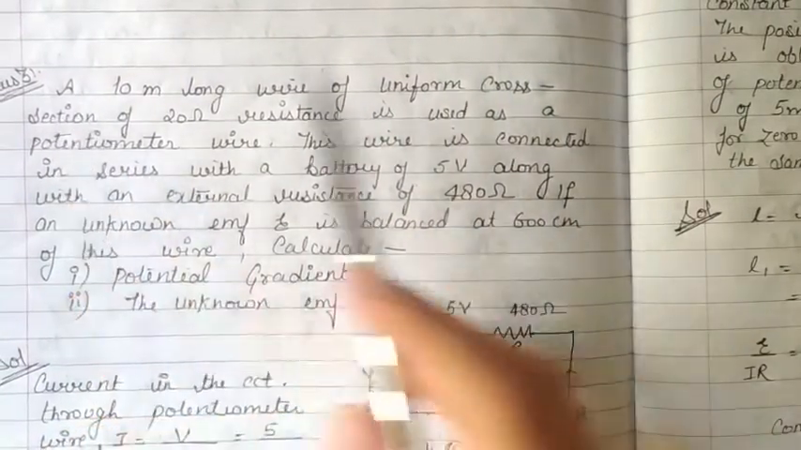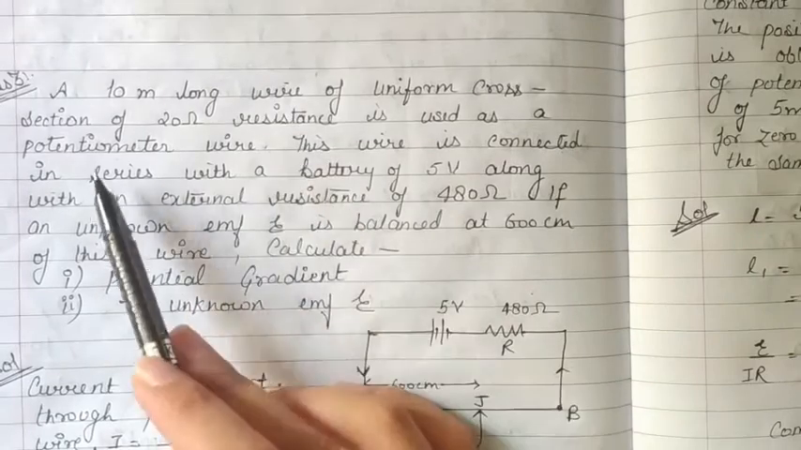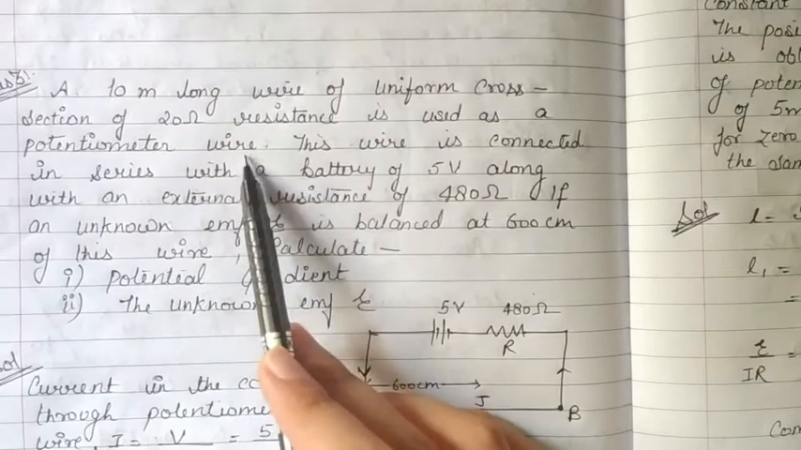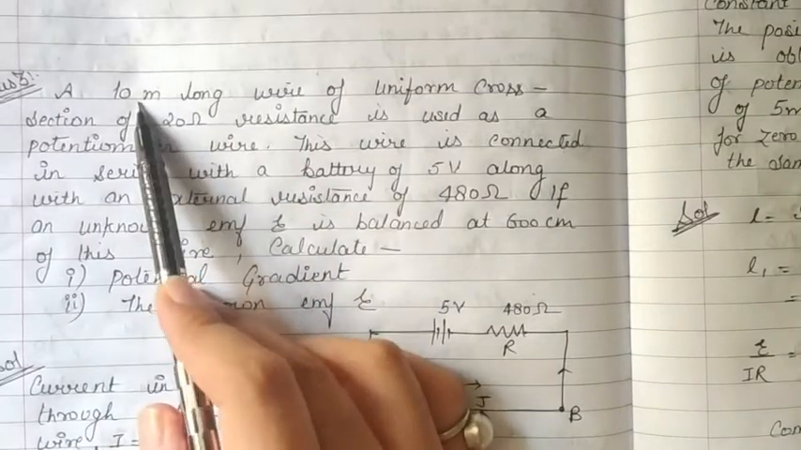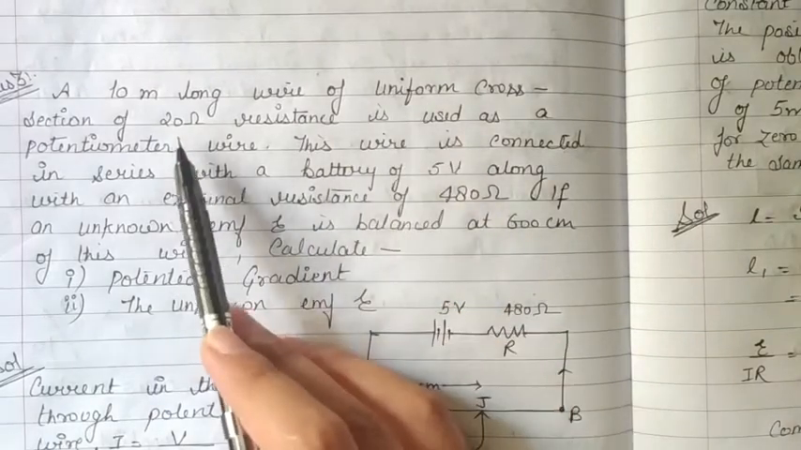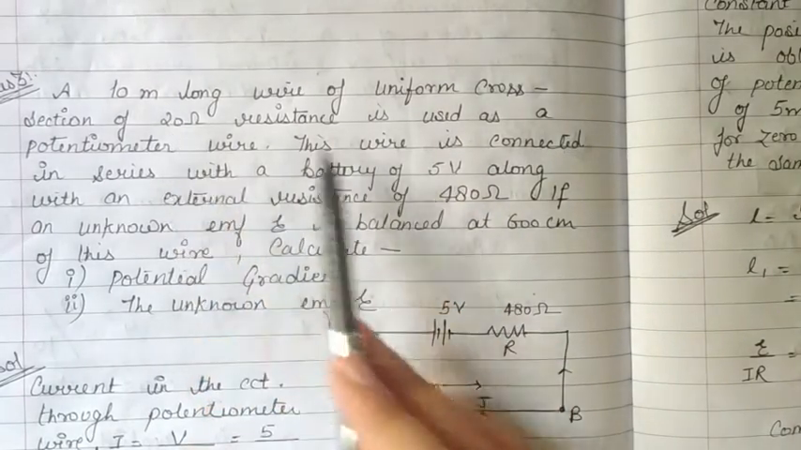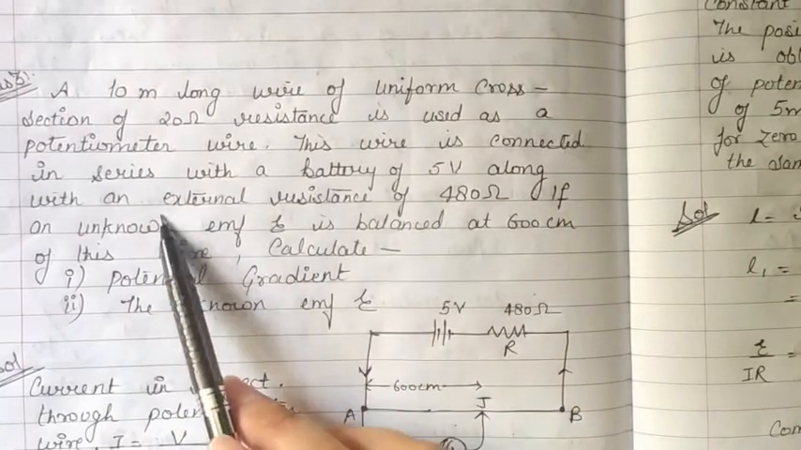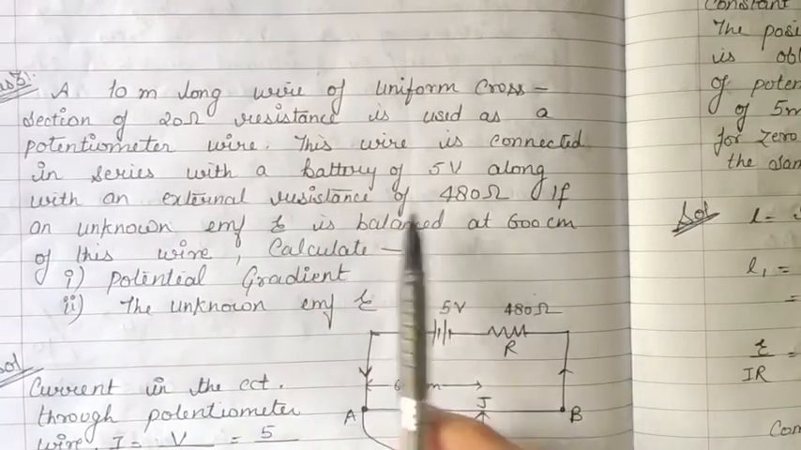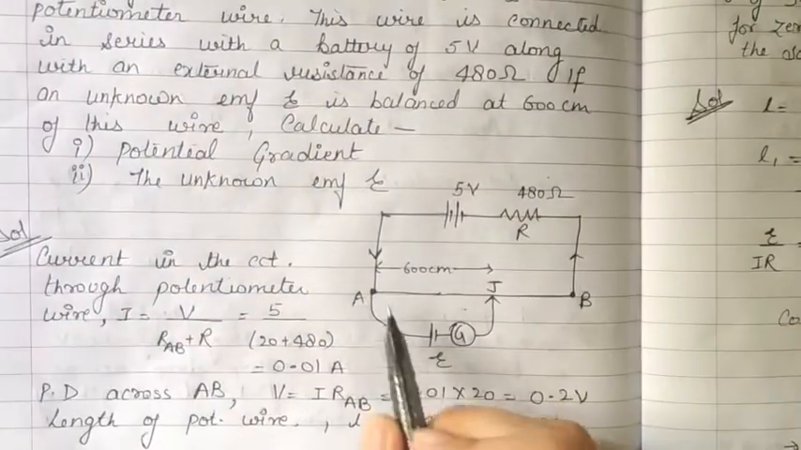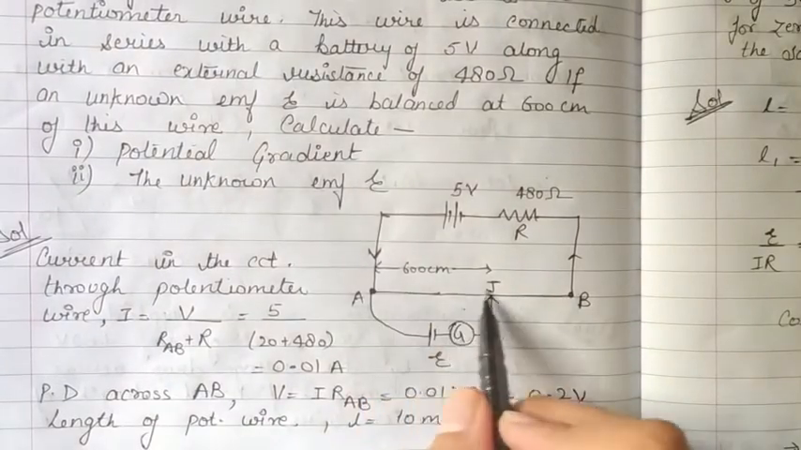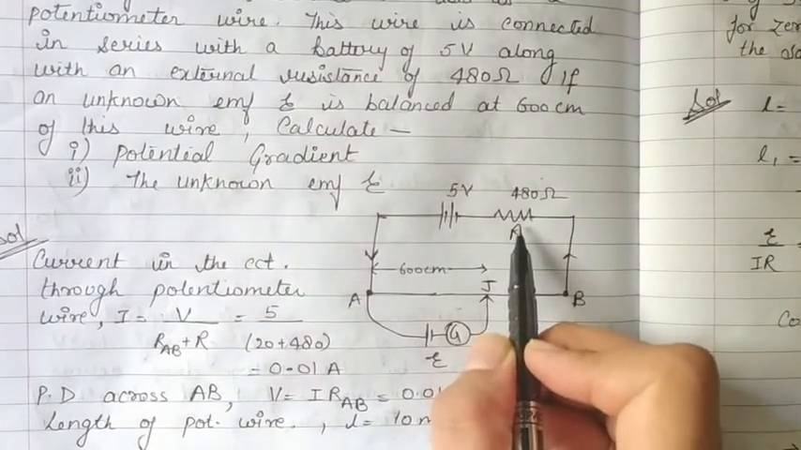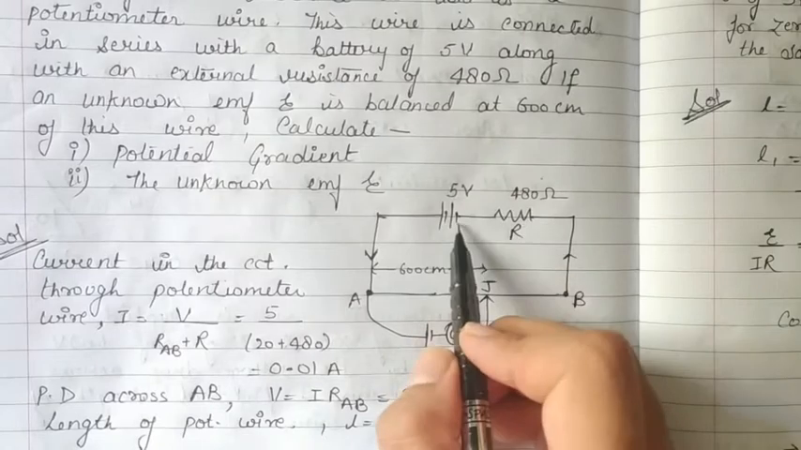So in question number 3rd, a 10-meter long wire of uniform cross section of 20 ohm resistance is used as a potentiometer wire. Means potentiometer wire that we have is 10 meter long and is of uniform cross section with a resistance of 20 ohms. Now this wire is connected in a series with a battery of 5 volt along with an external resistance of 480 ohms. Now this we can also see in the diagram that the potentiometer wire which has resistance of 20 ohms is connected to a resistance of 480 ohm, external resistance of 480 ohm in series, and a battery of